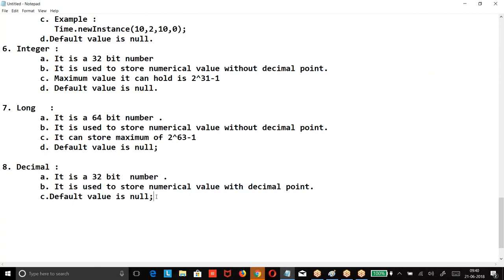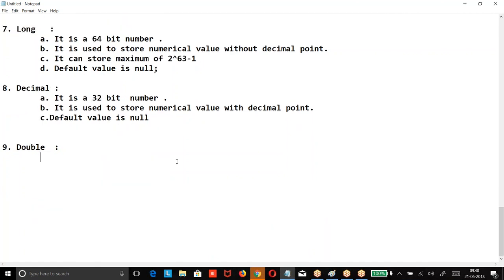So what is the default value? Double. What is a double? It is a 64 bit, used to store numerical value.